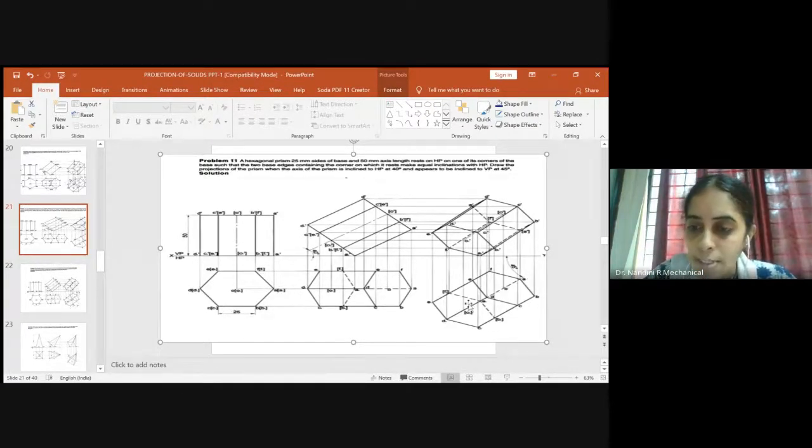Once this is done, we have to think about constructing the entire top view from the second stage to the third stage. All the hidden lines, the continuous lines, the visibility, the naming, everything remains the same. The only thing is we are tilting. Even the dimensions which you had got here should be the same. It should not be compressed or stretched. If you do it like that, it will be wrong and you will lose marks for that.